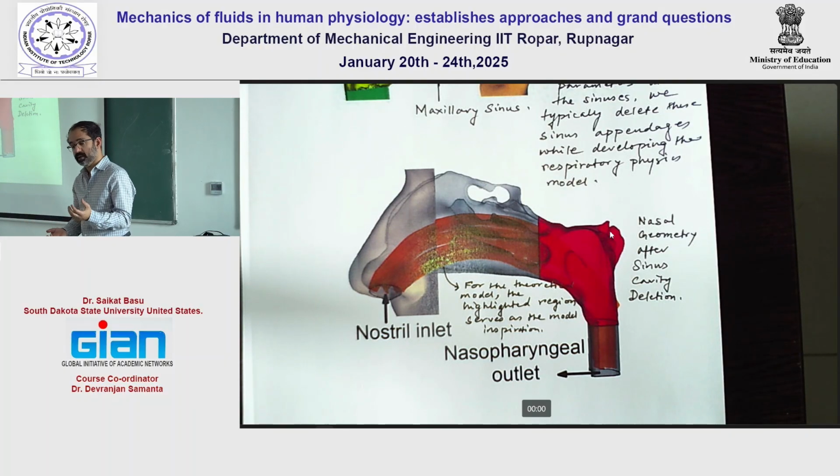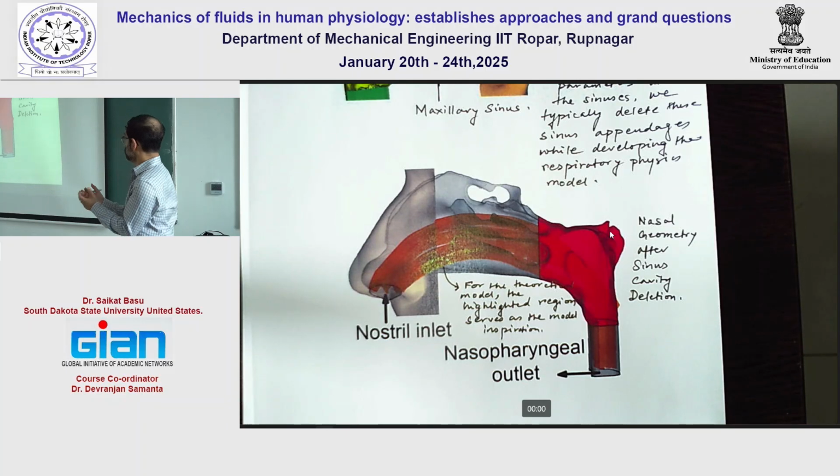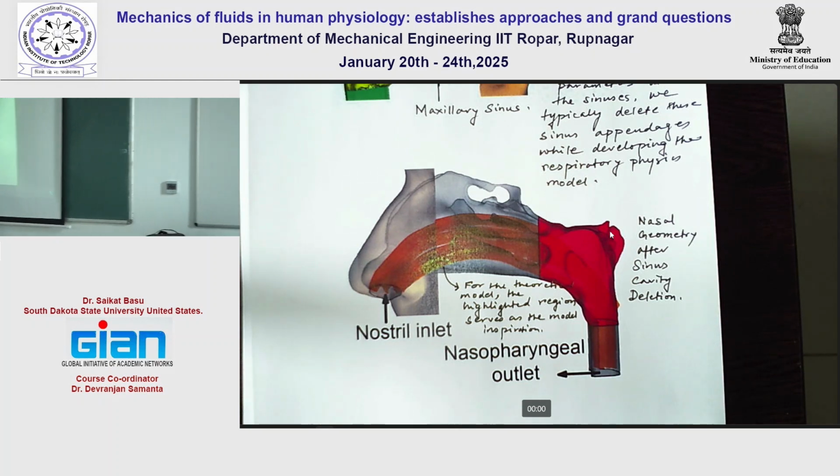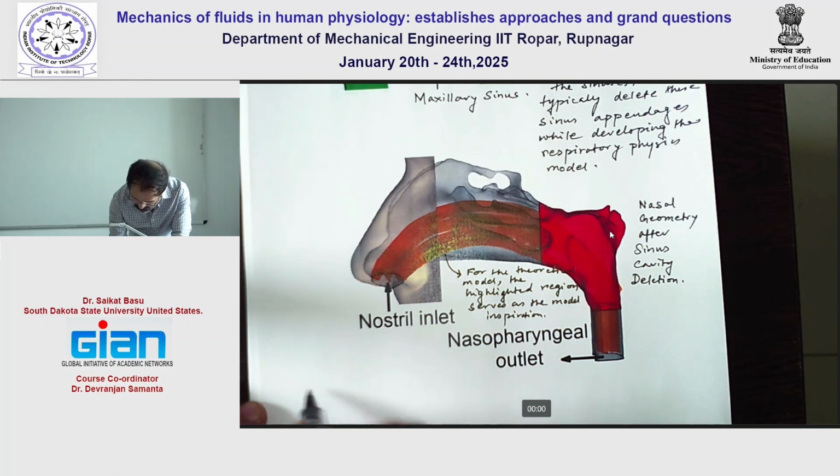So think about an aerosol or a droplet impacting on that mucus layer. That time scale is much smaller than the time scale of motion of that moving mucus. So typically we take static rigid walls in our models, and that's what we are going to do this week as well. So the airspace